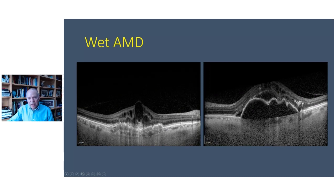So you can look out on the right, there's a great big blister here where the pigment epithelial cells are lifted away from their normal position. And these ones have survived and signaled for help. So the eye has grown into this space a whole cluster of new little blood vessels. Now that sounds like it would be fantastically beneficial, and in some situations it is, but actually most of the time, these new blood vessels cause more problems than they ever solve,